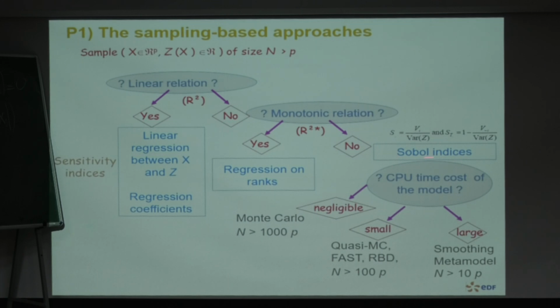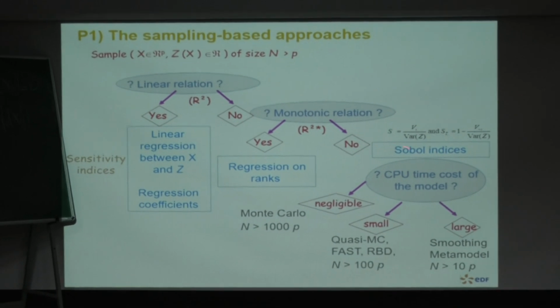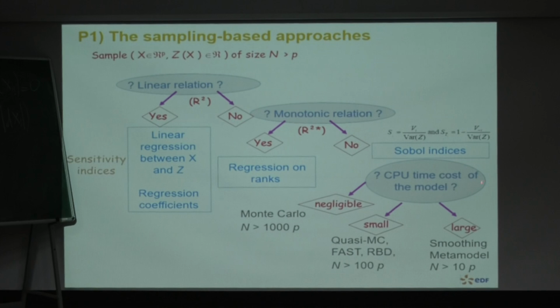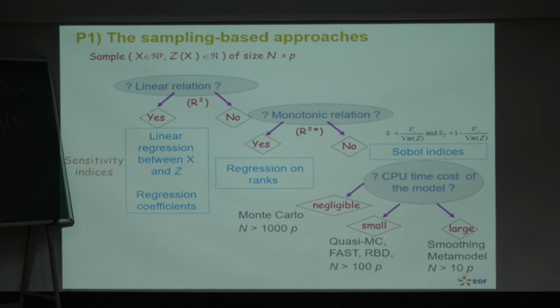Okay, so finally, my global scheme of sensitivity analysis. I have my Sobol indices. The question is how to estimate this because of my constraint, maybe of CPU time cost of computing my model. So if this computing time is negligible, you can use the Monte Carlo techniques. The number of runs which are required, this is an empirical point of view based on a lot of experiments, is 1,000 times the dimensions. So the dependence is linear in the dimension.